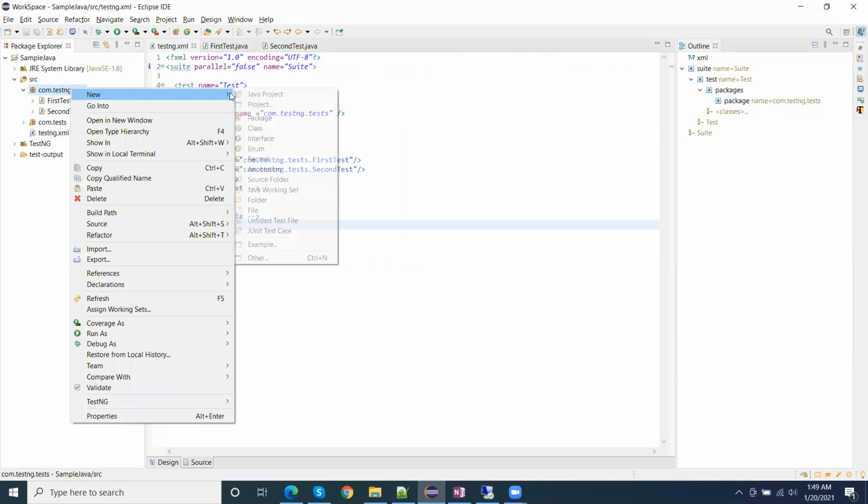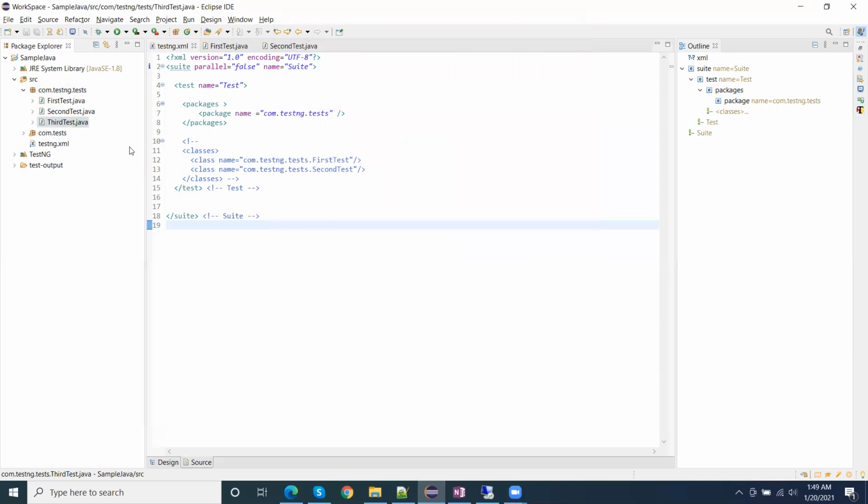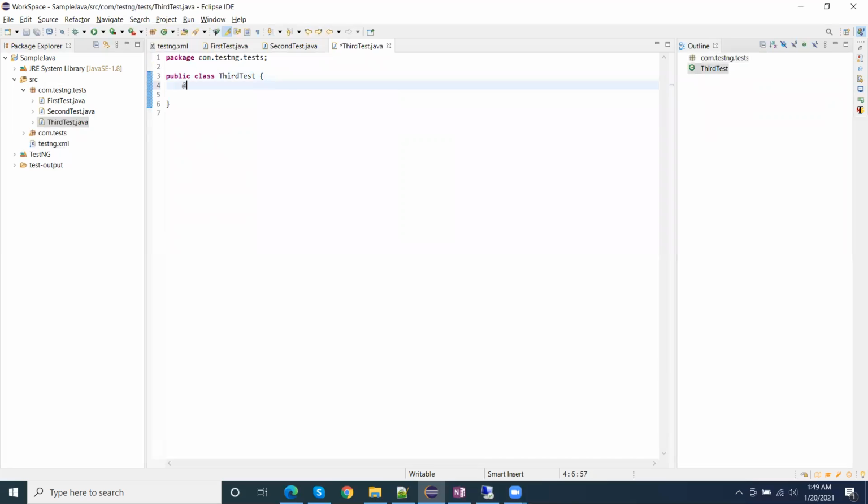Let me add one more, third test. Third test is added.